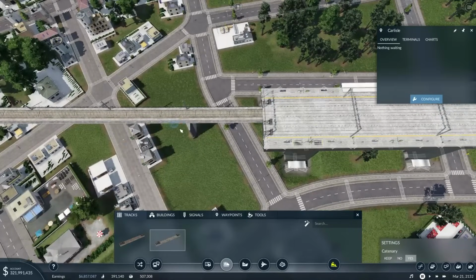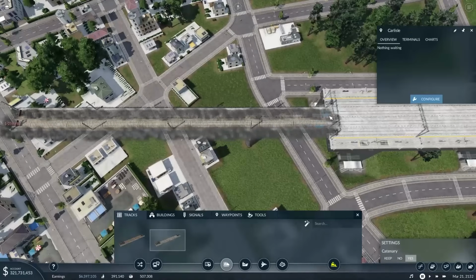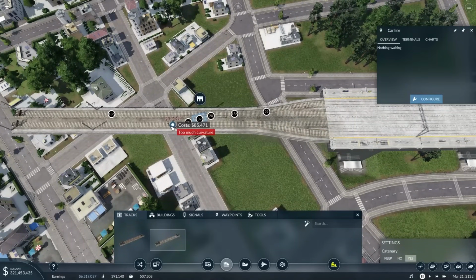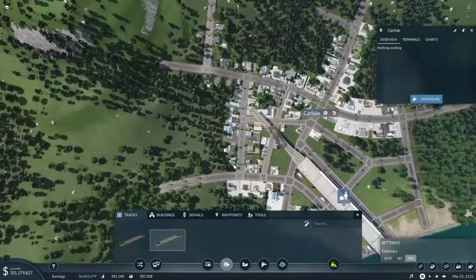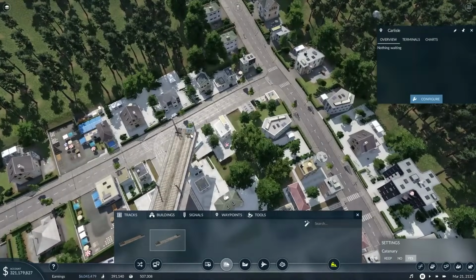And it gets difficult as well trying to continue to build. Right, I'm going to have to make these as short as I can. So that's great. As short as I can. That's great. And then as short as I can for the crisscross. Now the crisscross is a little bit longer. There we go. We're good. So from this, we can now build off it. So if I first focus then